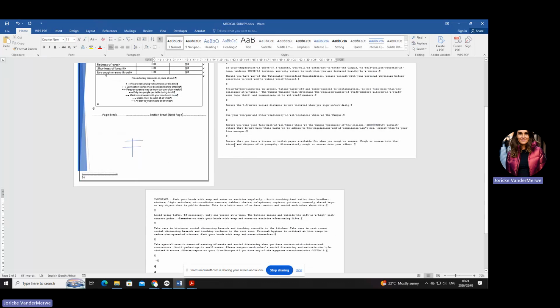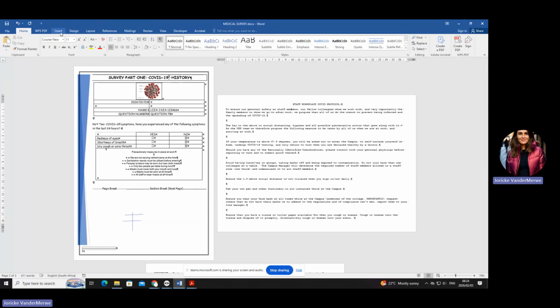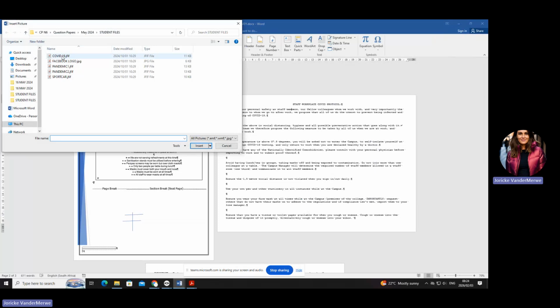Insert the picture pandemic 1 that has been saved into the first paragraph, centered in front of the page, and edit the size of the picture. Again, very easy, but you need to know what you're doing. So we're going to go to insert. We're going to choose pictures. Which one is that? C1.